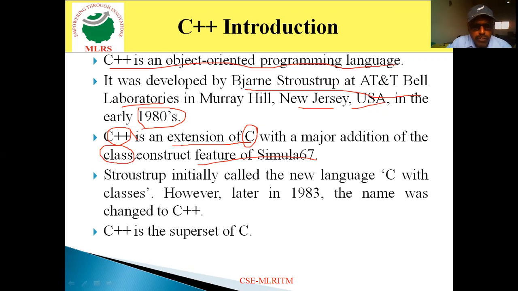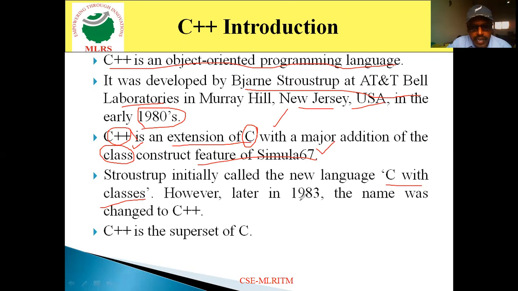To those C features, Stroustrup added a new construct named class, which was there in Simula 67. That's why initially C++ was named C with classes.